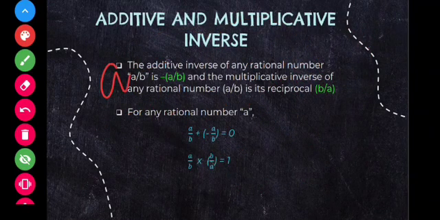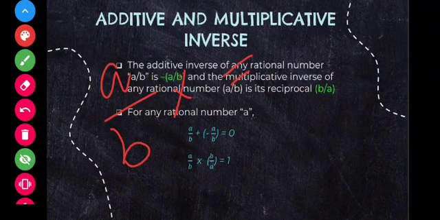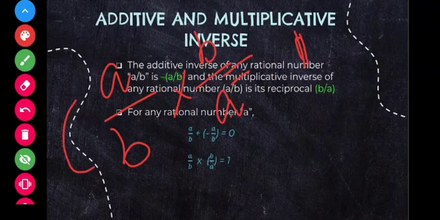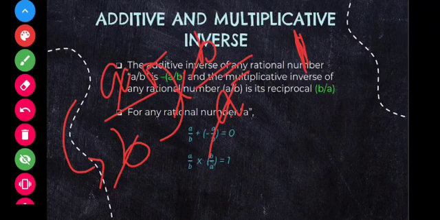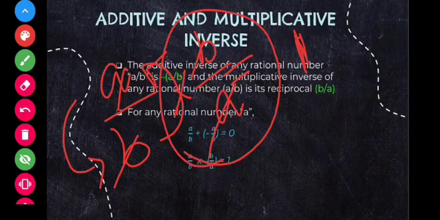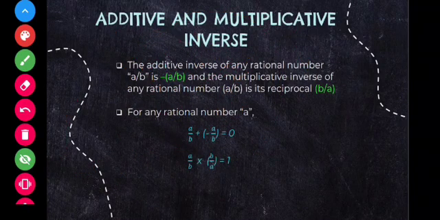Same way, you have a rational number a by b, you have to multiply a certain number so that you get 1 here. 1 is the multiplicative identity. What number will you multiply? You will multiply the reciprocal of a by b. What is reciprocal? Reciprocal is writing the numerator in the denominator part and the denominator in the numerator part. A comes down and b goes above. So a by b into b by a, a gets cancelled, b gets cancelled, we get 1. Hence b by a is the multiplicative inverse of a by b. Clear? Okay, so now let's get to the next. Let's see some examples in this.